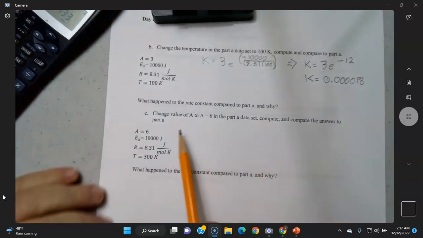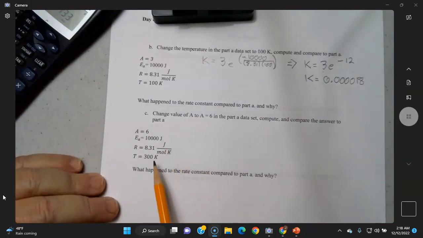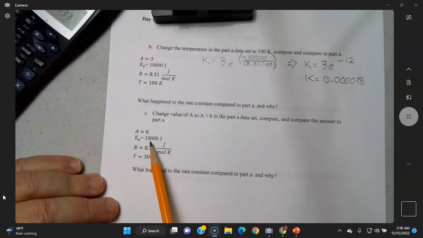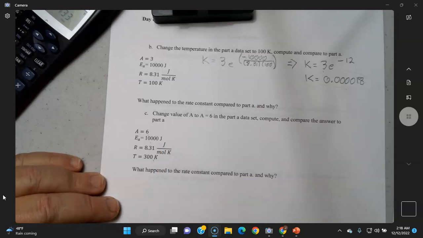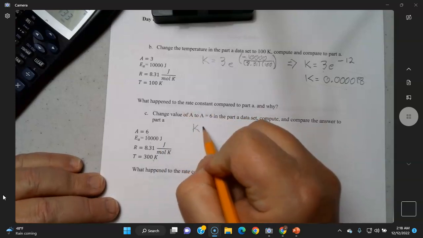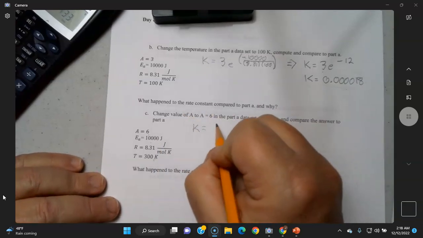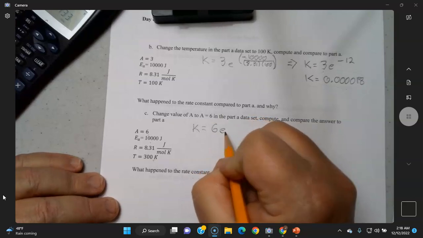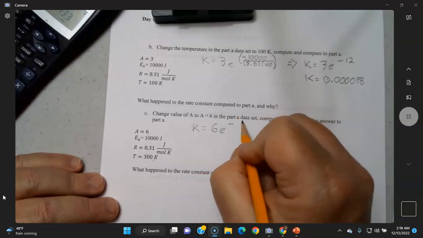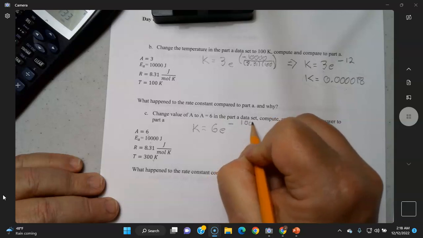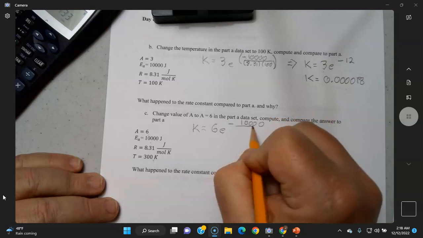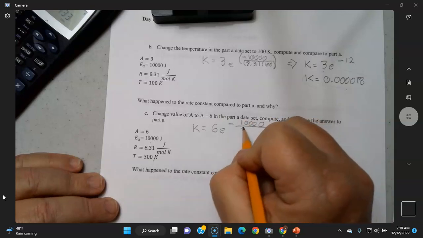Okay, now we're going to change one other variable this time. We're going to take the temperature back to 300 from the original problem. Everything stays the same, but we're going to double A. Well, you can kind of do that one in your head. I'll go ahead and set it up. K equals, do it in your head, are you kidding? E to the negative 10,000 over 8.31